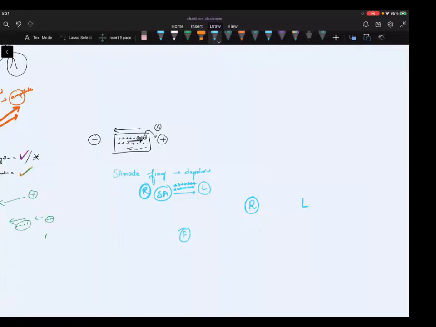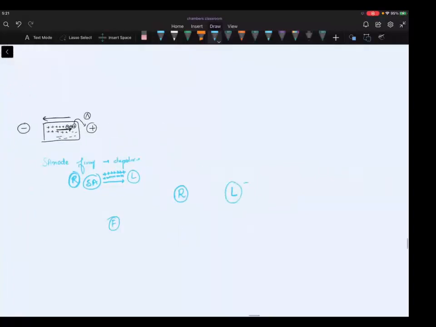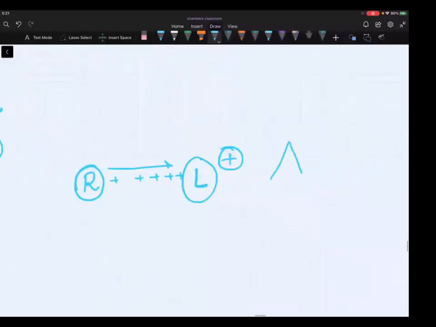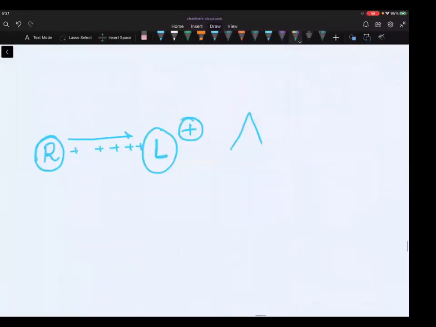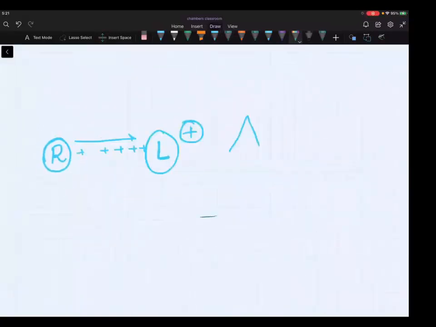But in this case, where you want a positive deflection, since the SA node is firing, positive current is moving. So the left side should be positive. You should have the positive electrode on the left side, so that your positive current will move towards the positive electrode, and this will record a positive deflection. Who is not able to understand this? So that's what he did. Can you now understand the reason why it's written in your books that you have a positive first lead one?